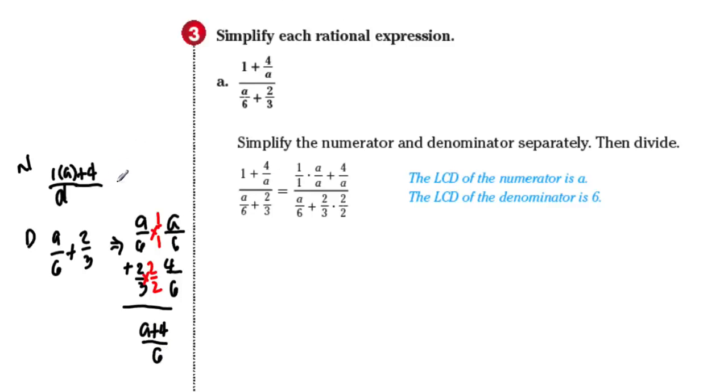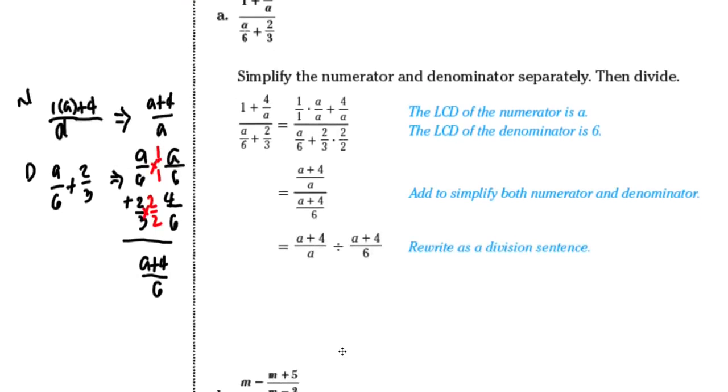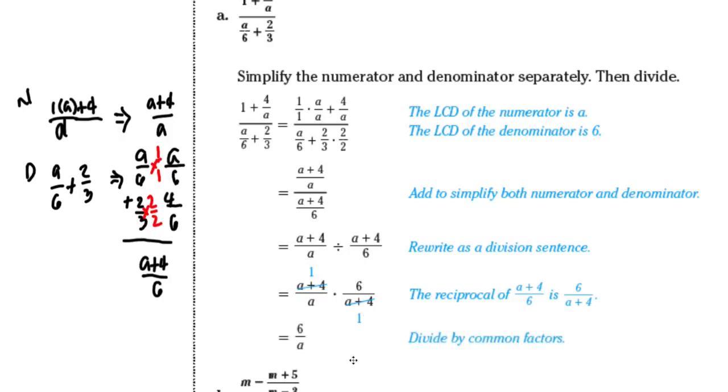And our numerator becomes a plus 4 all over a. And this is what we got here. You now have a plus 4 all over a and a plus 4 all over 6. Then we divide, because that's the main fraction bar which indicates division. So it's a plus 4 all over a divided by a plus 4 all over 6, and we get the reciprocal of a plus 4 all over 6 and multiply it with a plus 4 all over a. We simply cancel out the a plus 4, and we end up with 6 over a. So the simplest form of this complex fraction